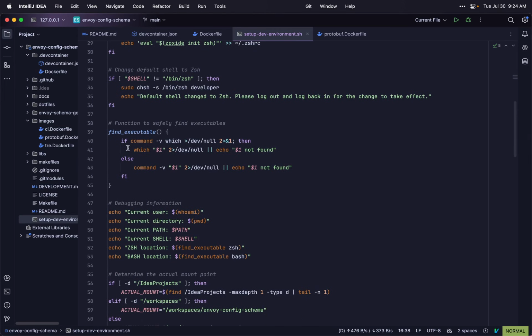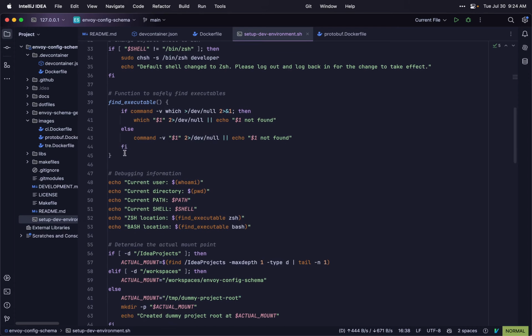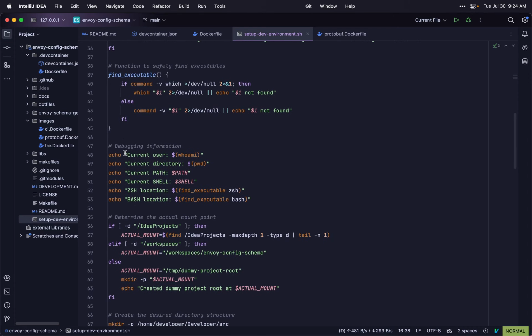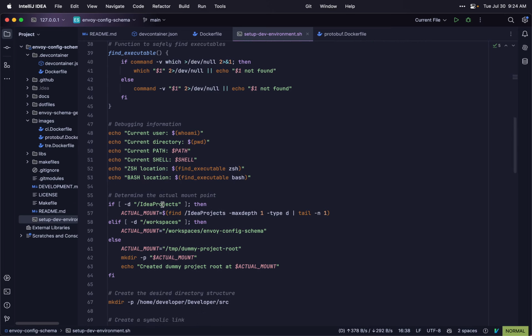But if you want to be cool, use Z shell. Find executable. This is leftover from doing something else. And then we have some debug information, like who the current user is, what the current directory is, current path, current shell, zsh location, bash location, and then we